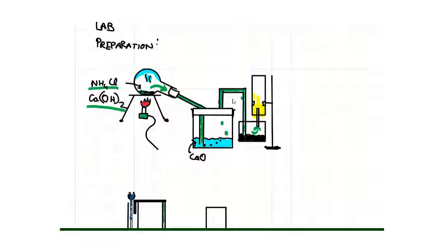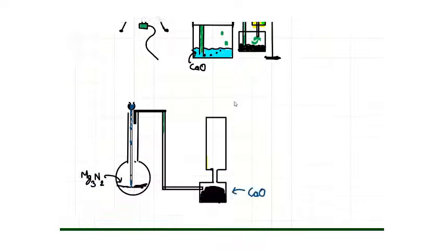This directs the ammonia into another chamber which contains some more drying agents and is finally passed into a flask where it's collected at the top part. The air that is displaced is collected at the bottom part, whereas the ammonia gas is collected at the top.